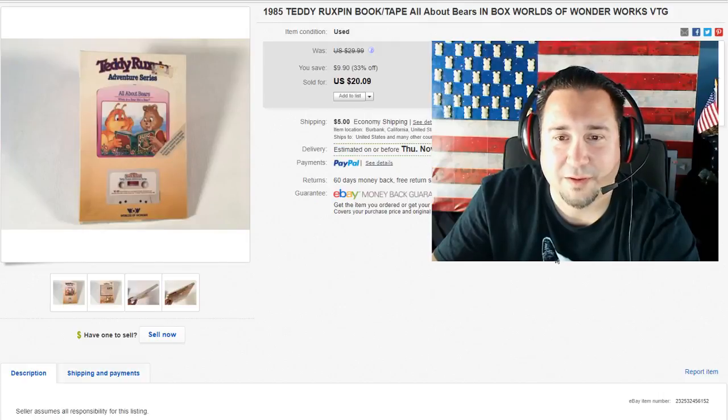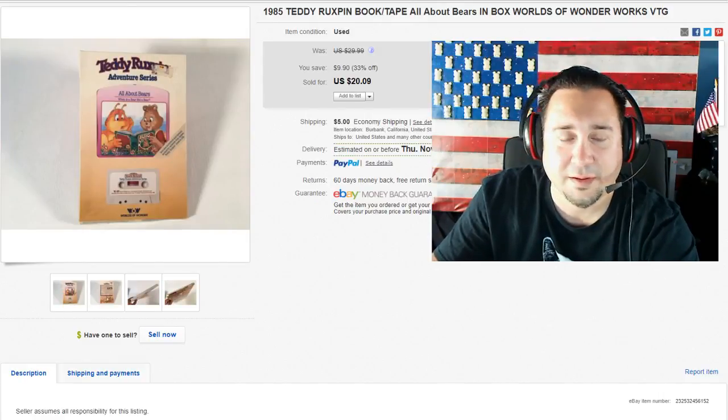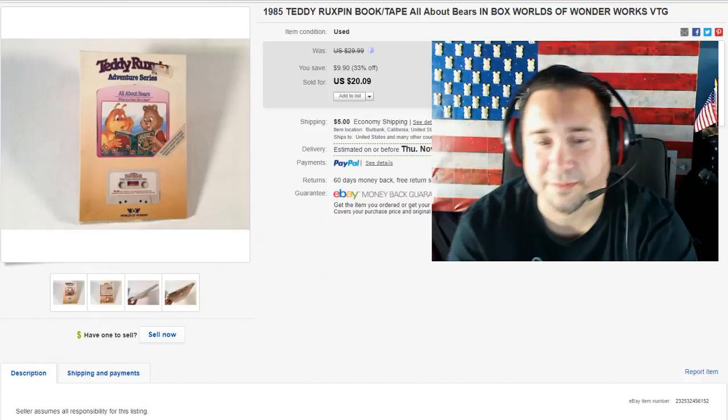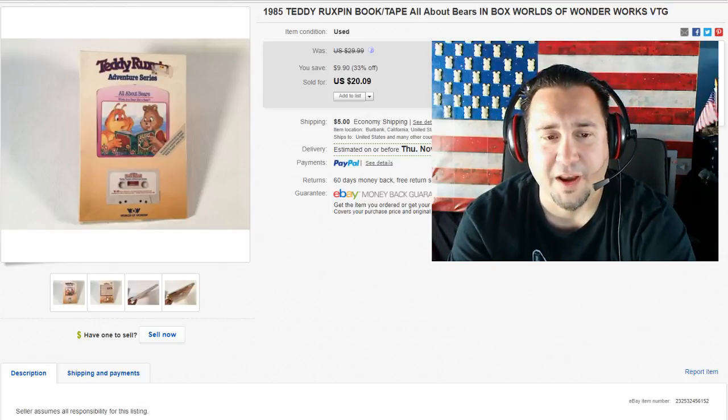Next up, we have this Teddy Ruxpin book and tape. I purchased a huge collection of Teddy Ruxpin items, and there was a video, I think a couple months ago, about it. I don't have the link, or I'd post it, because I'd have to go dig for that video. But anyways, those that saw the video, I bought this huge collection of Teddy Ruxpin books